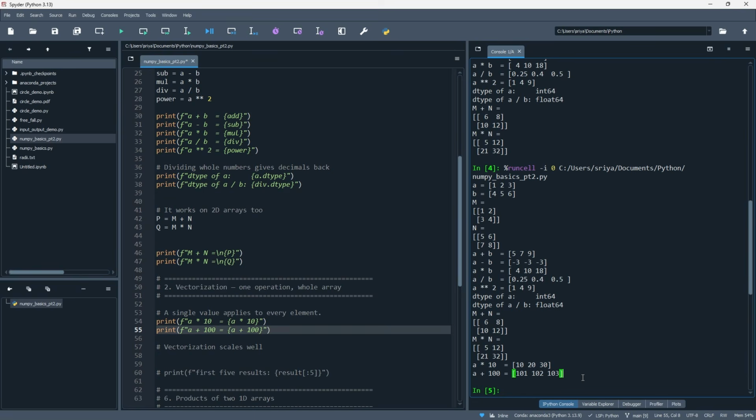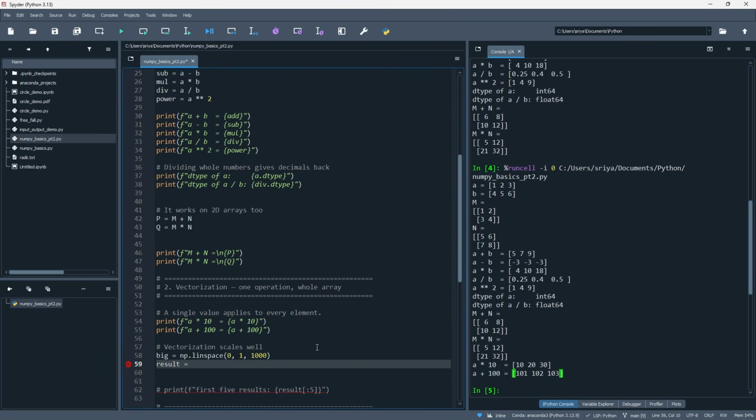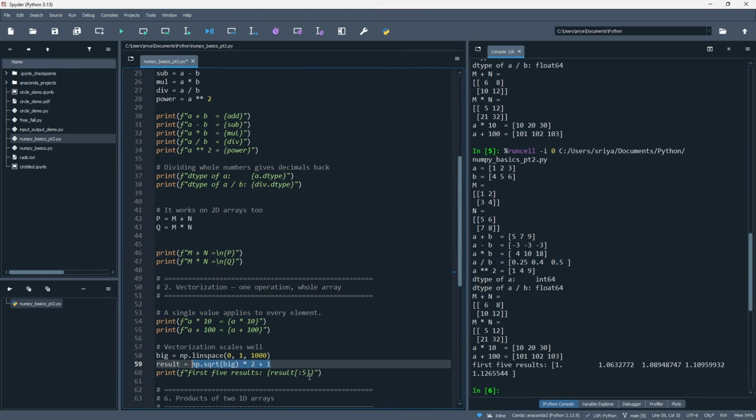And it scales. Here's 1,000 values with a square root and some arithmetic applied to every single one of them. All of the math happening to the variable big happens in one line with no loop. Now, one important detail about